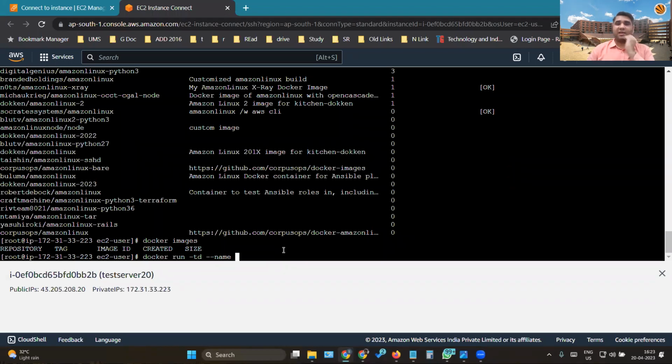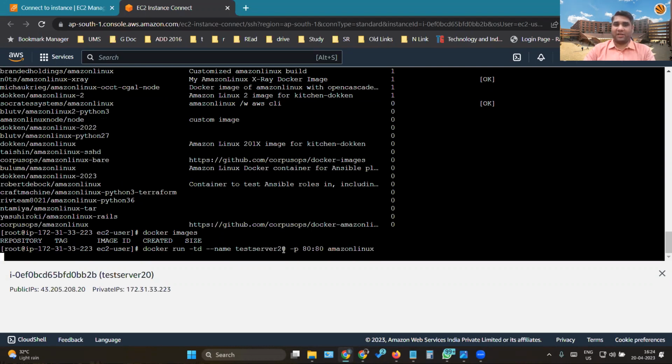This run name it is expecting is the name of the server which we started. So let's give it the name, which was test server 20, my server name. And I need to connect it to the port which is used for HTTP. The port used for HTTP is generally 80. So I'm connecting it to that and the Amazon Linux operating system.